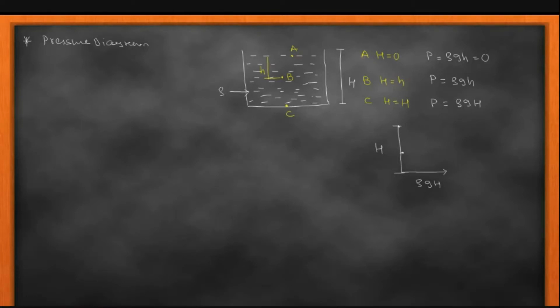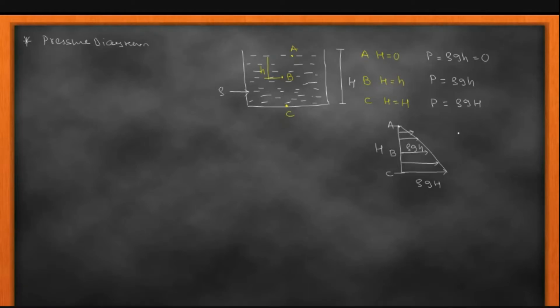Suppose I locate the point B over here. This is my A point, this is my C point. So I have certain heights like this. It is rho g into small h. So if I take a height h, generally, we get this kind of diagram. This is the diagram we get, which indicates the intensity of pressure according to the various heights, and it is the same as a uniformly varying load. So we can analyze these diagrams, which show the pressure variations according to the height in the tank.